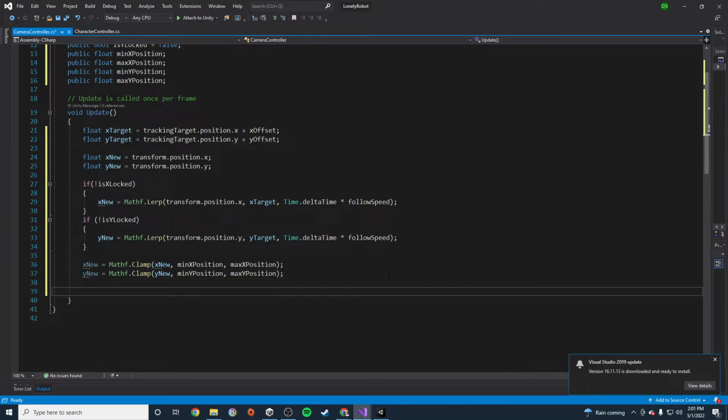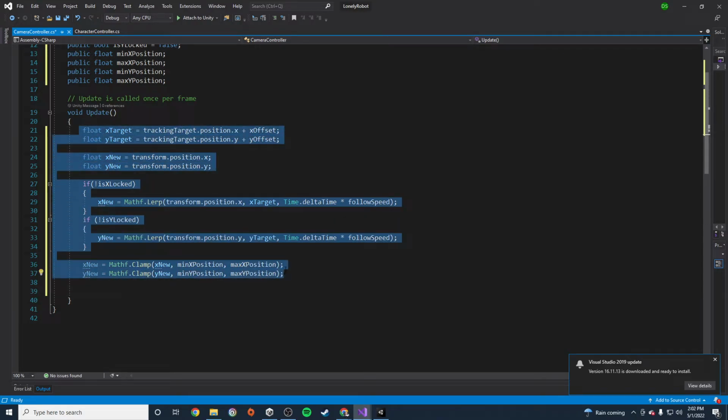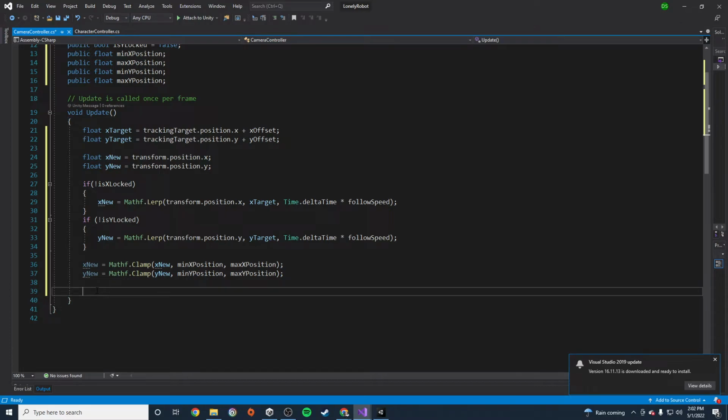All we need to do is update our transform position for the camera so that it goes to the new position. All of this code was doing was just calculating what the new position is going to be. That's it. That's all we've done. So what we're going to do is say transform.position